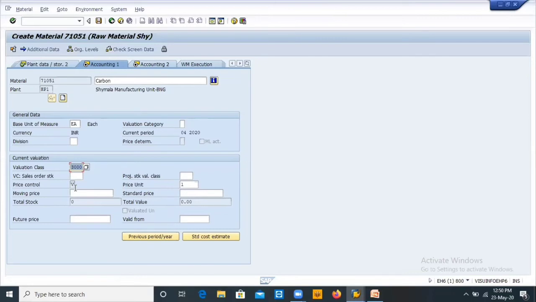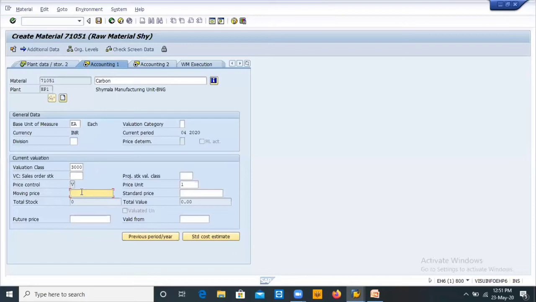So you will ask, if we always select V, then when do we select S? We select S for selling purposes. If we have a finished material and you want to send it to a customer in other countries, we are selling. That's why we get the profit from S. So we select S for that time.